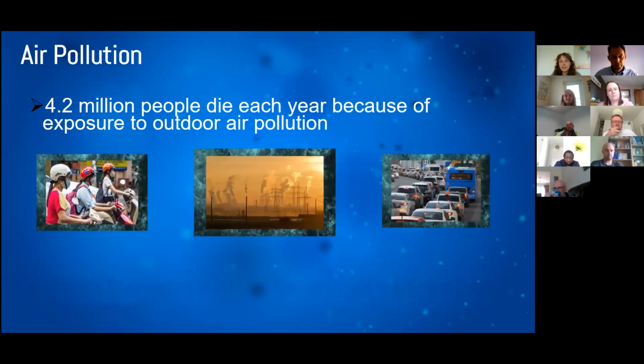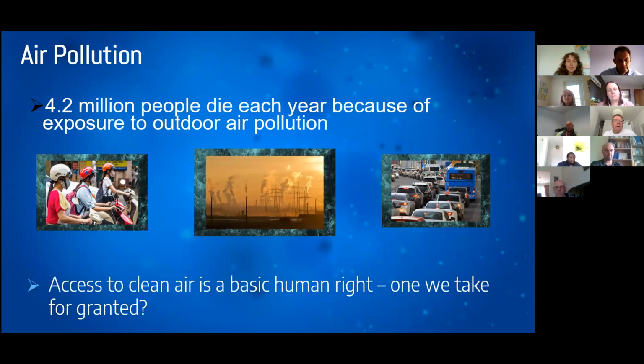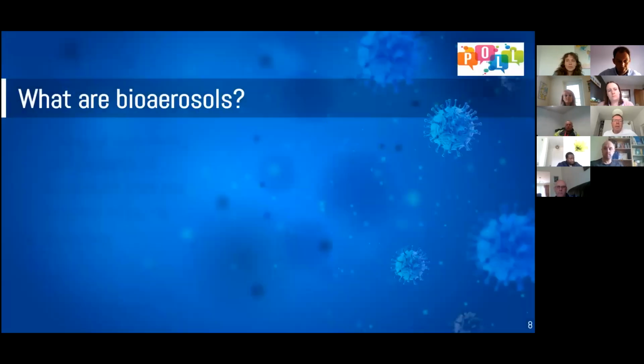However, I don't think it's one that here in the UK many people think about too much. It's seen as a bigger issue in other parts of the world, and nearer industrial areas, or really just in city centres. Whereas here in the UK, on our doorsteps, it's not something we see as a big risk necessarily. And although access to clean air is a basic human right, I think it's one that perhaps we take for granted here in the UK to an extent. Especially considering that not many people necessarily realise that bioaerosols are in fact air pollution, and therefore are quite a big risk. So I've got a poll